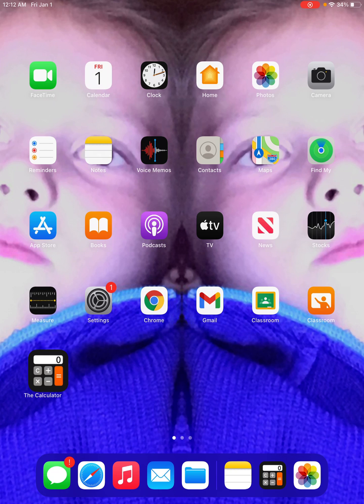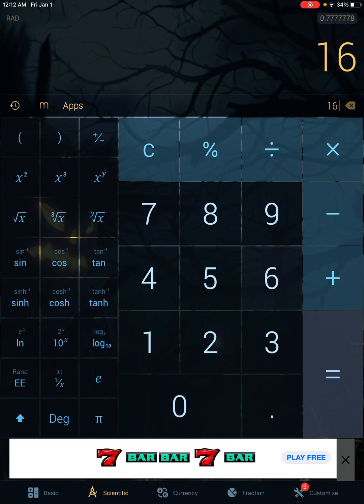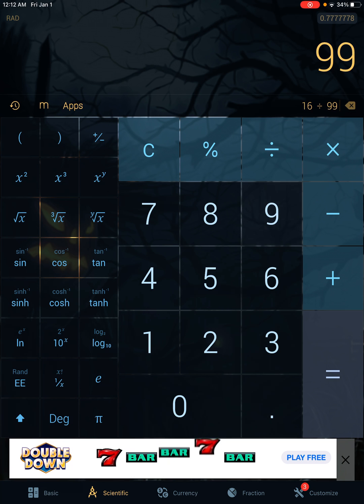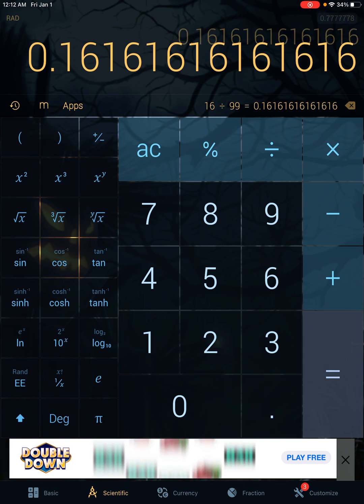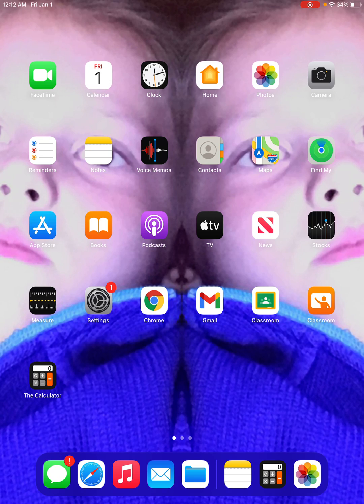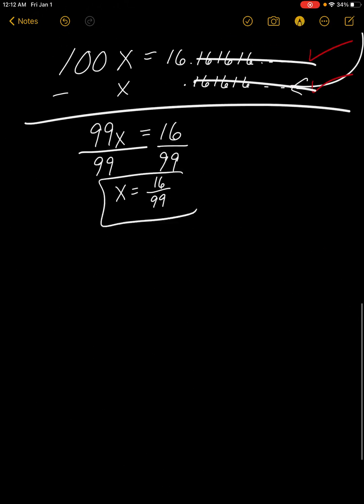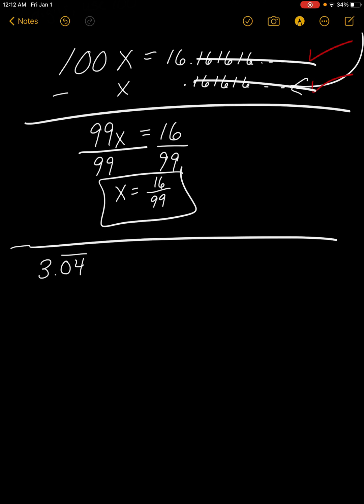So if we check that, let's check 16/99 here. Or do some Wheel of Fortune. 16 divided by 99 should be that repeating decimal that we had. Yeah, there it is, 0.16161616. Okay, so there's the repeating decimal that we've got. So we know that that is the right one. Okay, you can check that on a calculator. Next example,